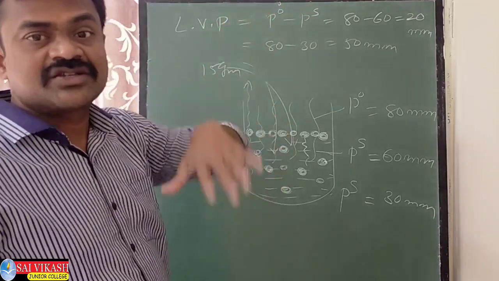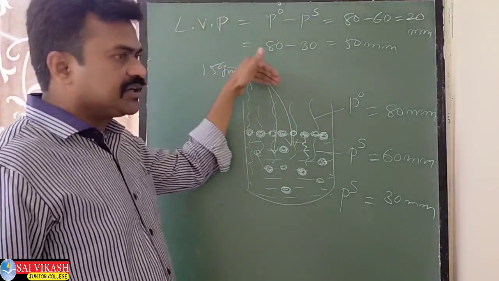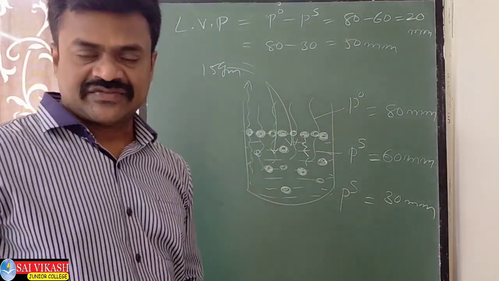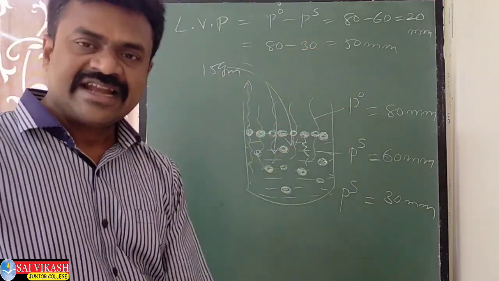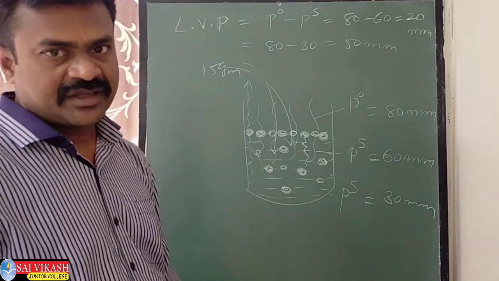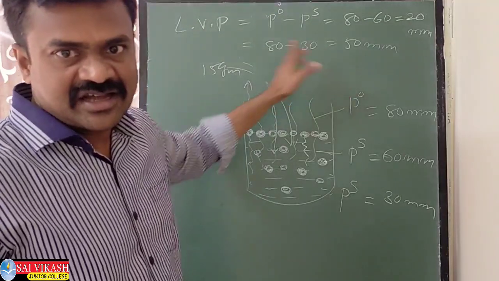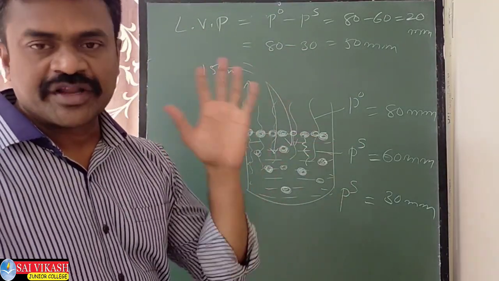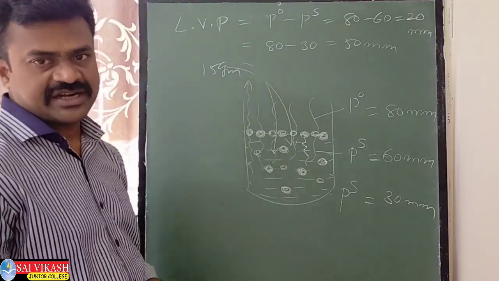This depends on the quantity of the solute. The more solute is added, the more particles occupy the surface. Therefore, the vaporization again decreases, and vapor pressure is again lowered. So, lowering of vapor pressure increases on increasing the quantity of the solute. So, this is lowering of vapor pressure when a non-volatile solute is added.